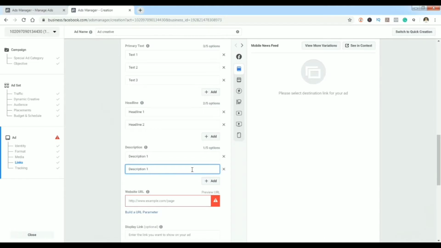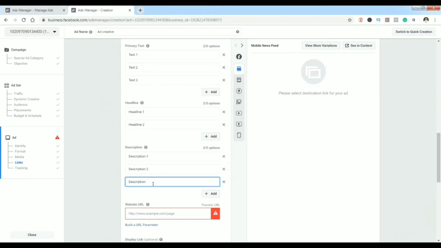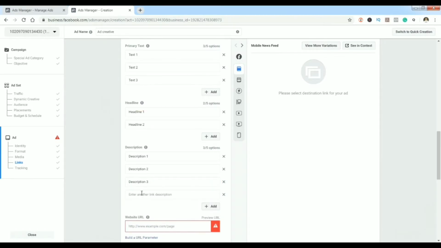It's clearly visible, so you don't have to worry that you will get lost. Maybe they will change it eventually to put it on some other place, but it will always be here. And in case you want to delete some option, you can just press X here. It's important to have the website URL. So for my webdesign.com, okay,